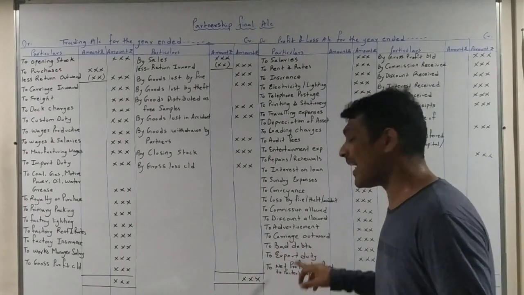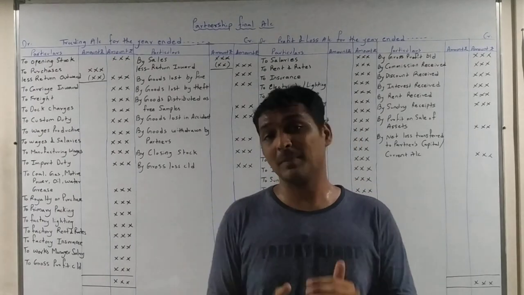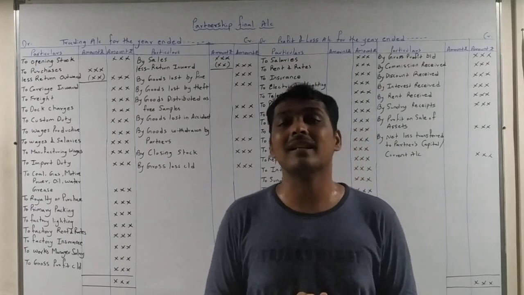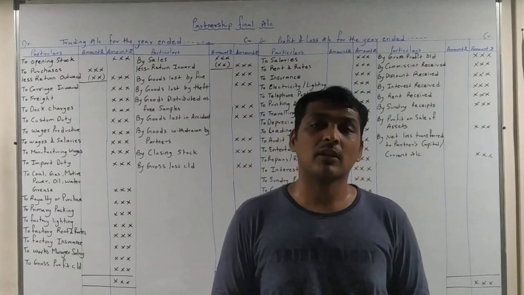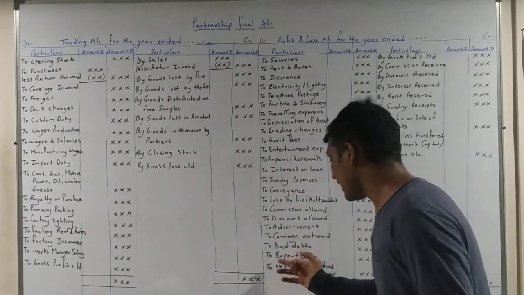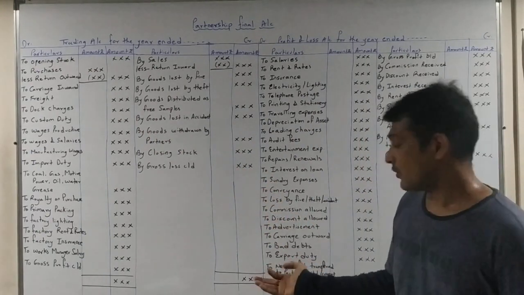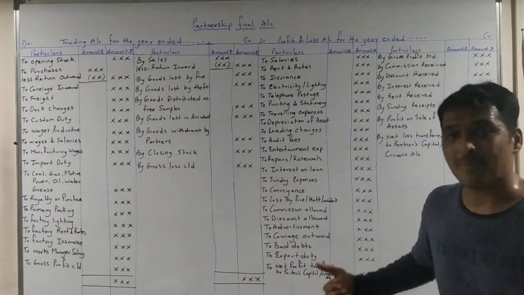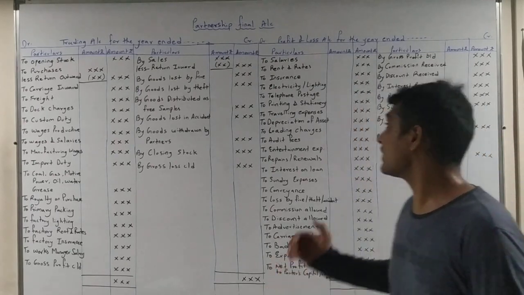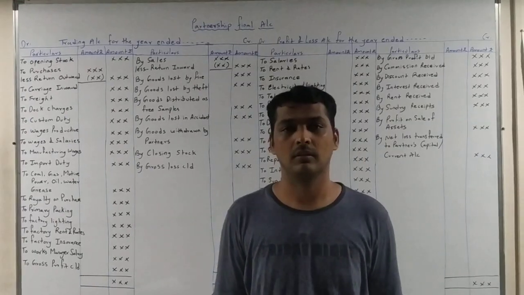Then bad debts. Bad debts means the amount which is not recovered by the business. That means after sales, if some amount is not recovered, it is recorded under the debit side of profit and loss account because it is related to office. Then the last is export duty. In the same way as I wrote import duty, which I have already explained, export duty is recorded under the debit side. And then the last is net profit. Net profit I will explain later, once we complete the credit side.